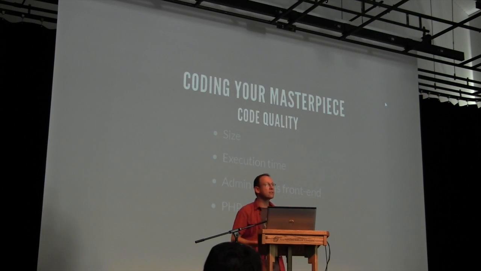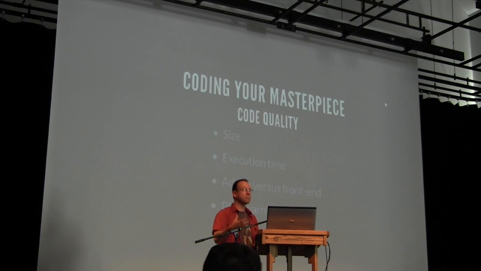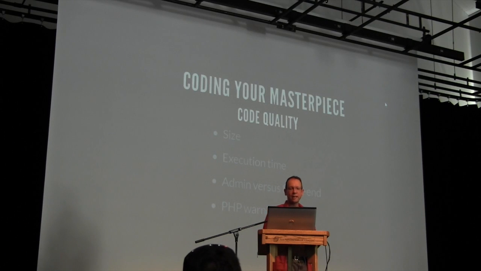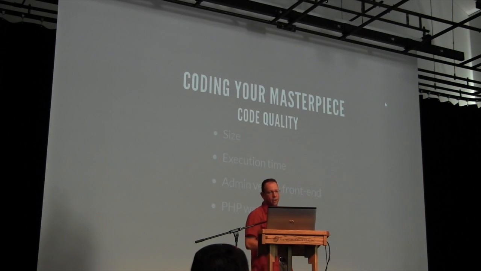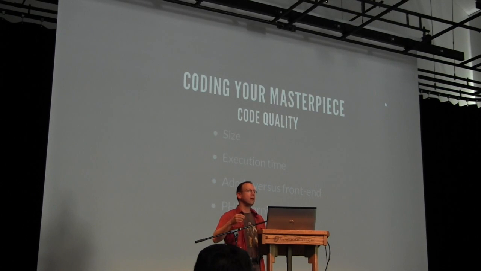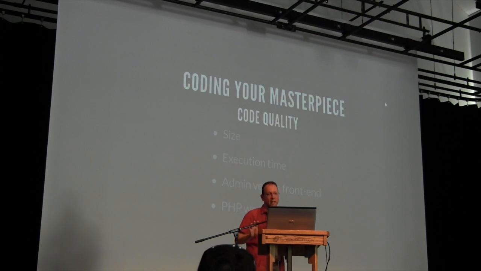You also want to consider things like execution time. Of course, when somebody loads up your plugin on their site, the first thing they're going to look at is, well, is it slowing down my website? If it does, they might just boot you out right then and there. So as you're writing code, try to be as efficient as possible. You want to make sure that you consider dividing code that's going to be presented in the admin section of a WordPress site versus code that's going to render to the front end of the site. So do a very basic check for the is_admin function inside of your code to make sure that you're only going through all of the elements that are admin related when the user is actually logged in as an administrator.